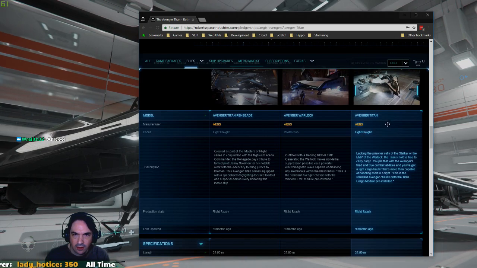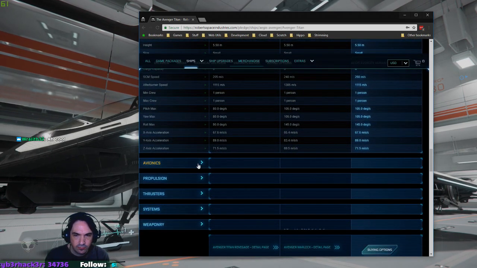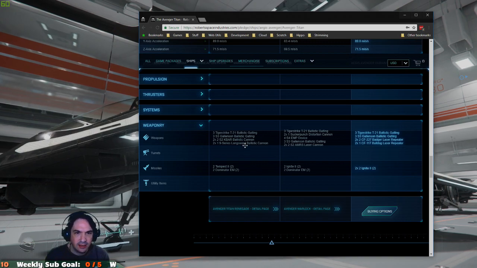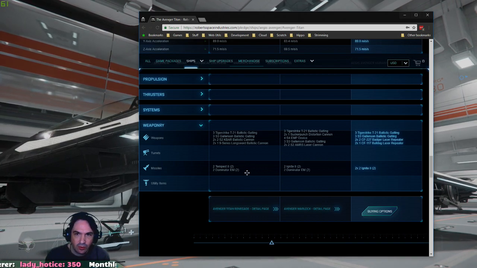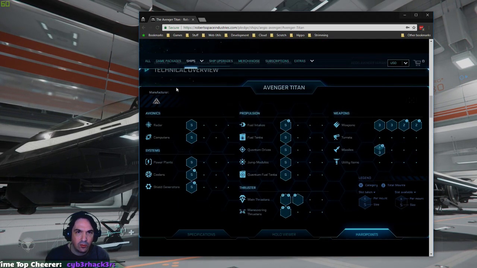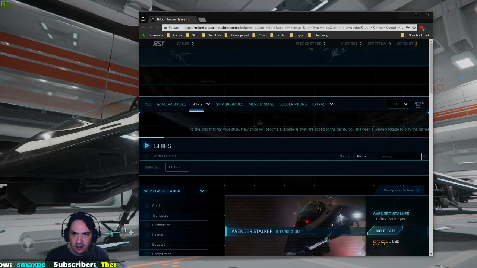Titan Renegade. Okay, so that's pretty much the same thing. So really, there's the difference. This comes with the Bulldogs and Badgers, and this comes with ballistics and something. So it's just a different weapon loadout and stuff like that. That's really what it comes down to. But other than that, they're pretty much the same ship. So the Titan would be the one I would say if you want a good cheap all-rounder. The Cutlass,